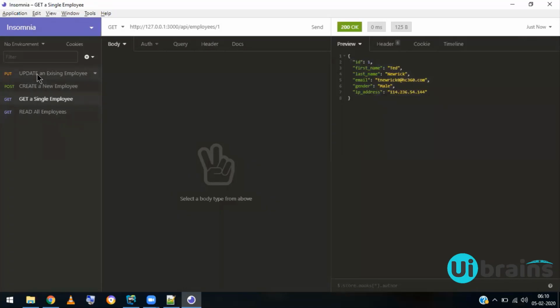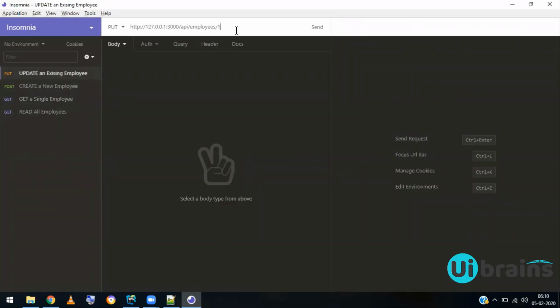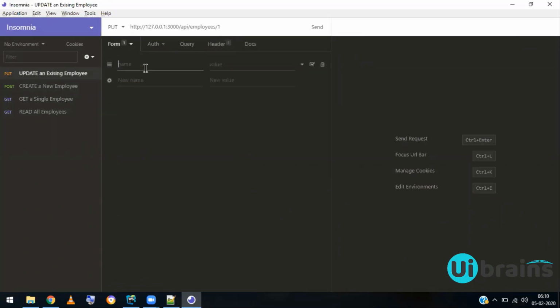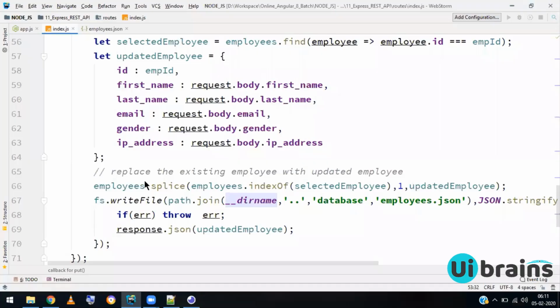For that, I use a put request, slash one, but the data you're going to pass is x-www-form-urlencoded. I'll say first_name, some Ted something was there, so I'll make it Rajan, and last_name, Jain, email, is that the same order? Yeah, email, some Rajan at gmail.com, and gender,